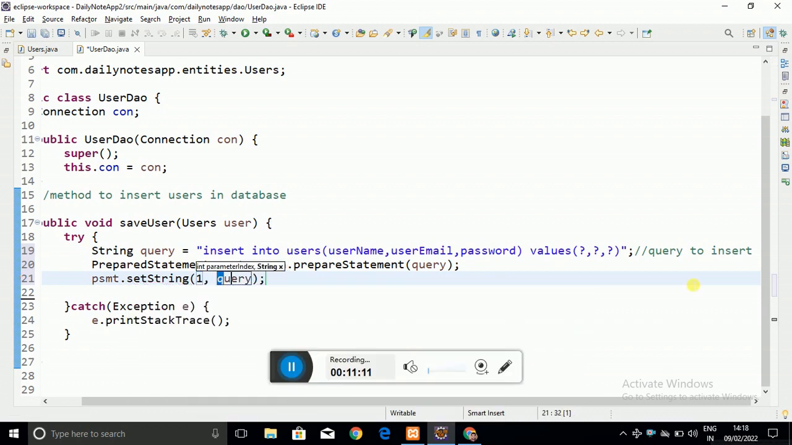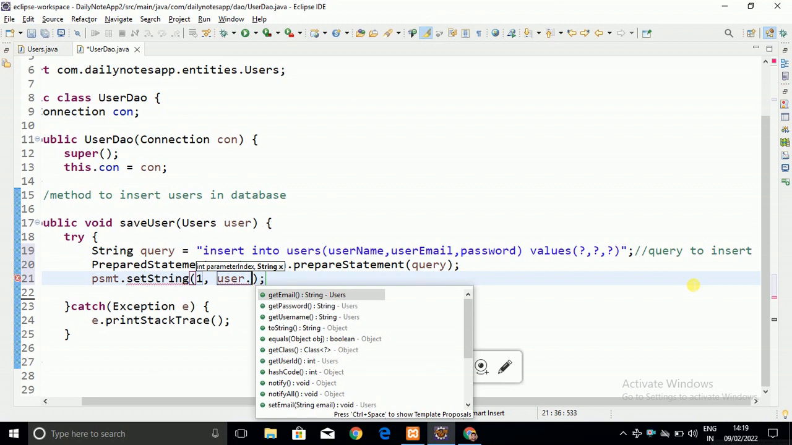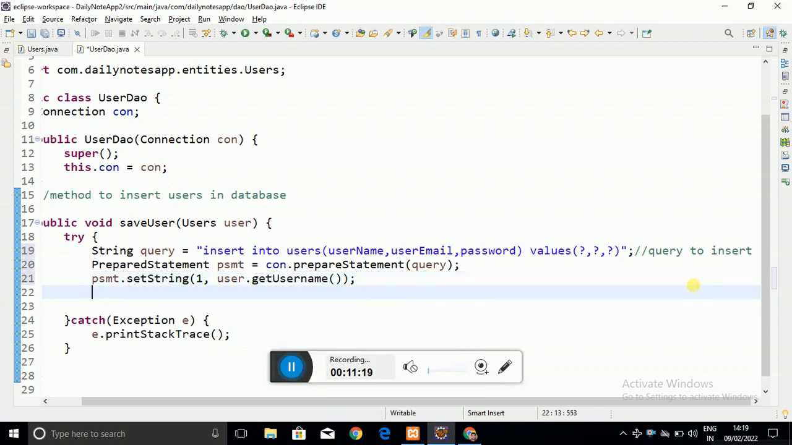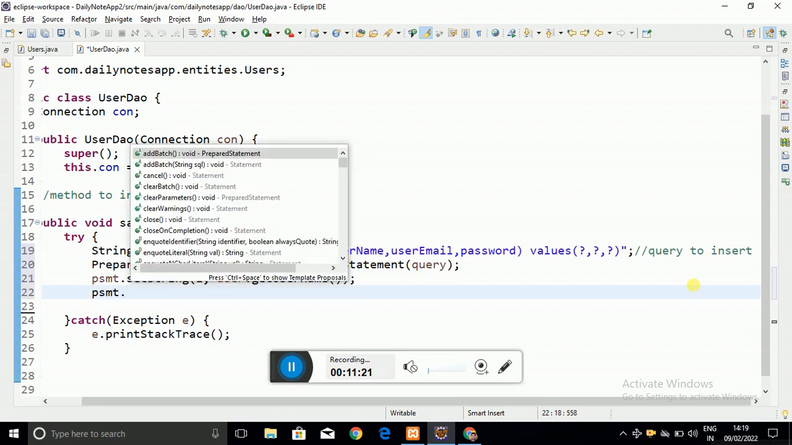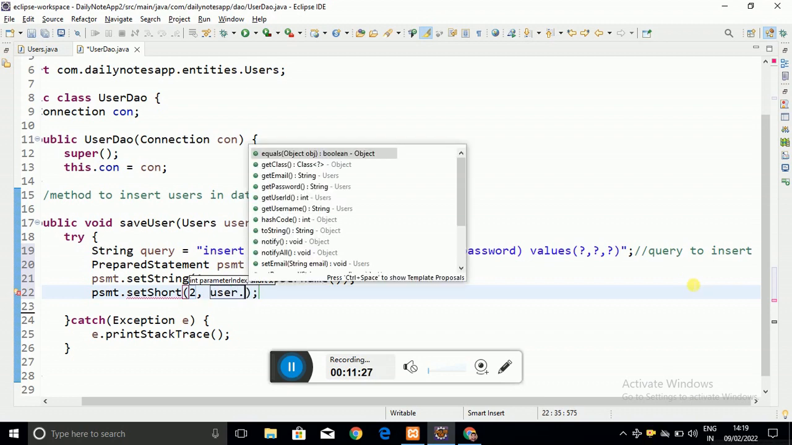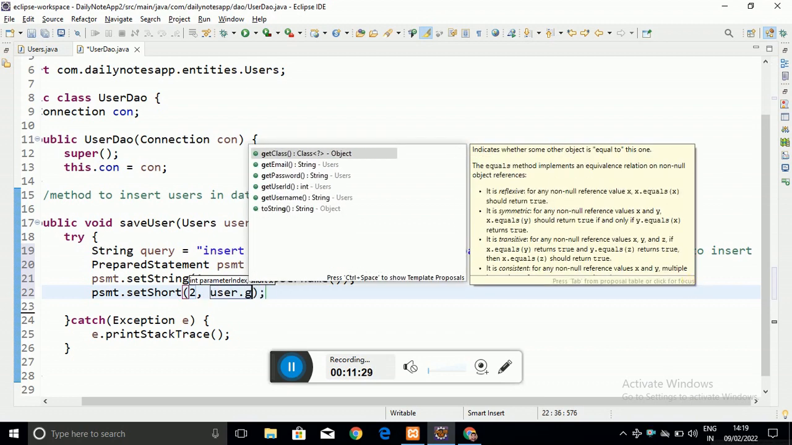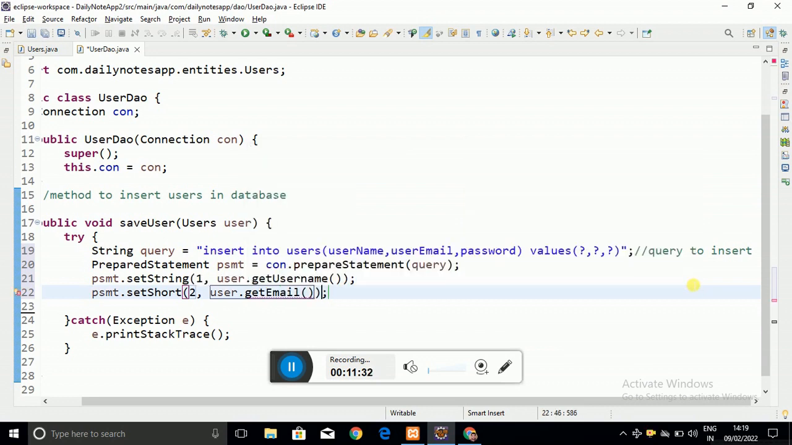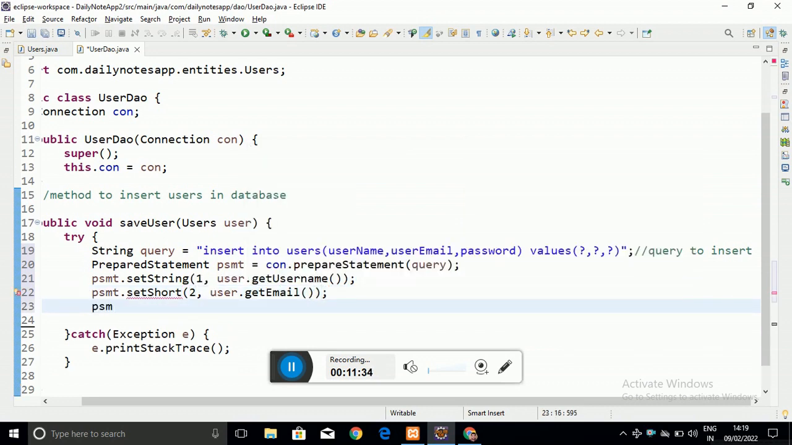So psmt.setString, and into the first placeholder will be user.getName, that is the username, which I got from the user object which we are going to create in the servlet. Next, similarly I am going to set the user email also, user.getEmail, and the next one